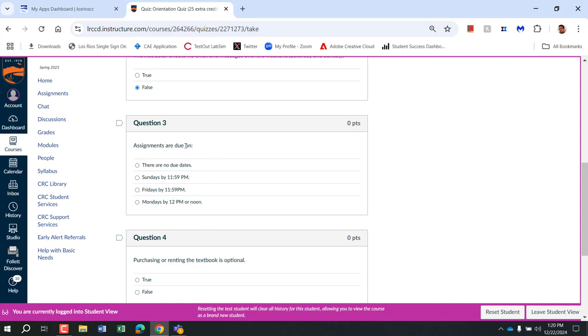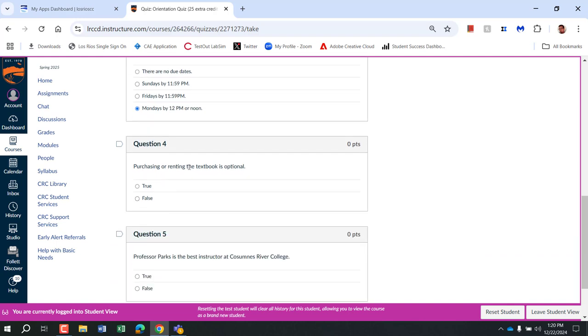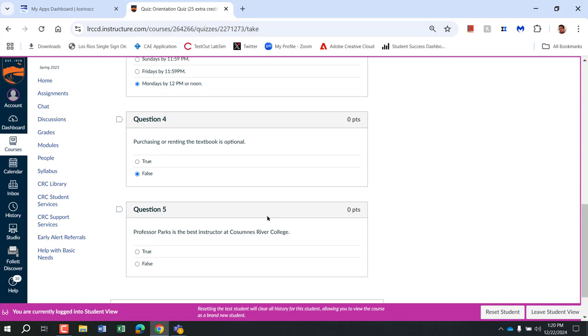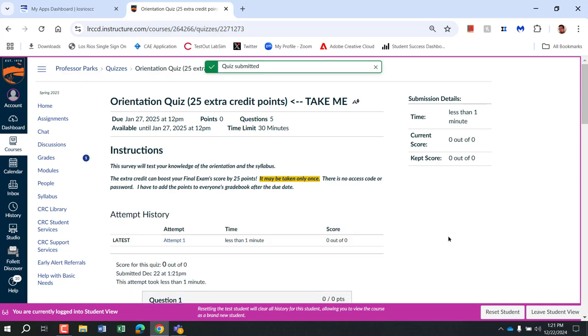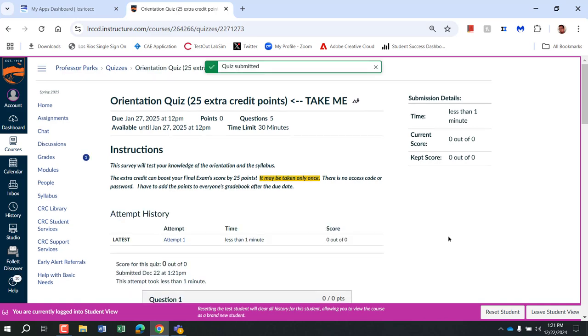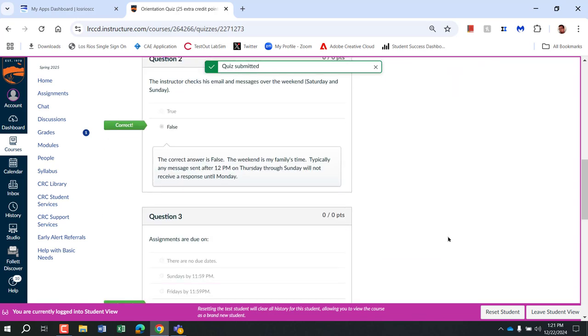When are the assignments due? Monday by noon. Purchasing or renting the textbook is optional. That's false. It is required. And, well, okay, you can put false, but I might have to correct your grade. I need to probably change that. It's a bad question. But anyway, hopefully you'll get the full 25 points, and that can help boost